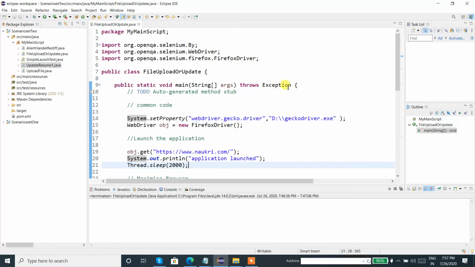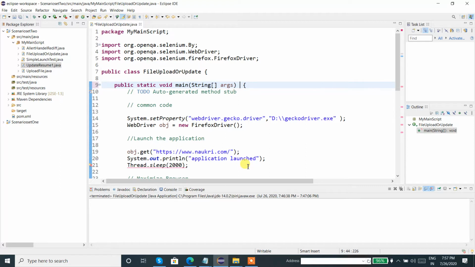But one more trick is, if I just remove this throws declaration, what will happen here? See, in Thread.sleep we are getting the error message. So why are we getting the error message? Thread means we are creating a thread, or we are using the Thread class. Sleep is a method which is equivalent to a wait method. Fine.